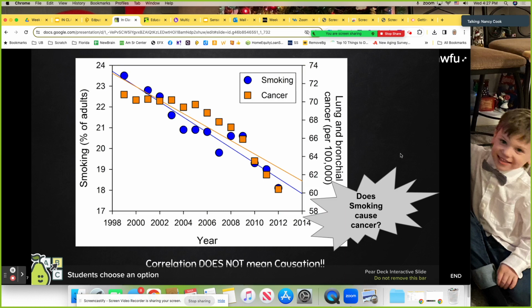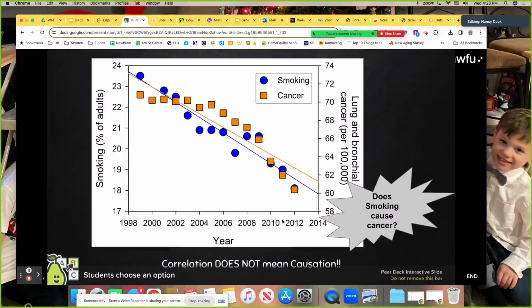So look at this one. Here's a correlation between smoking and cancer. We look at the number of smokers. You'd actually have to do a study and run ANOVAs and all of those kinds of tests to get a p-value. You need to have a treatment and a control group and experimental studies. A correlation study is not an experimental study, and you can't show causation with a correlation study. It's just showing that there's a relationship.